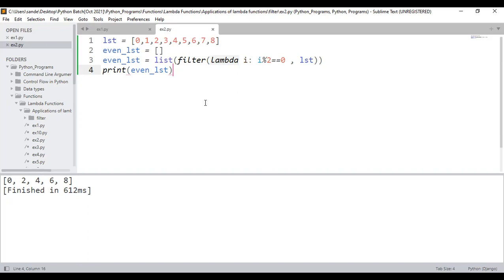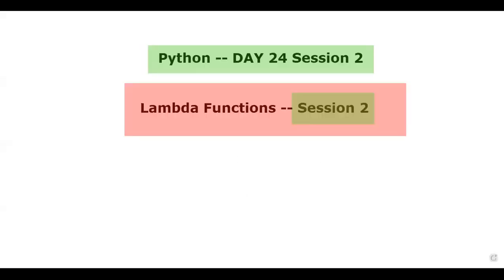What will happen? I'll just tell you. I'll just go back to the whiteboard. When it comes to filter, what will happen? I'll just teach you that. First, how many data are there? That means how many data will be there within lst? That will tell me. Or else, let me just copy the complete program. I'll come back to the whiteboard and paste it somewhere here. Okay. I'll just reduce the font size. Slightly, I'll just increase. Okay, great.